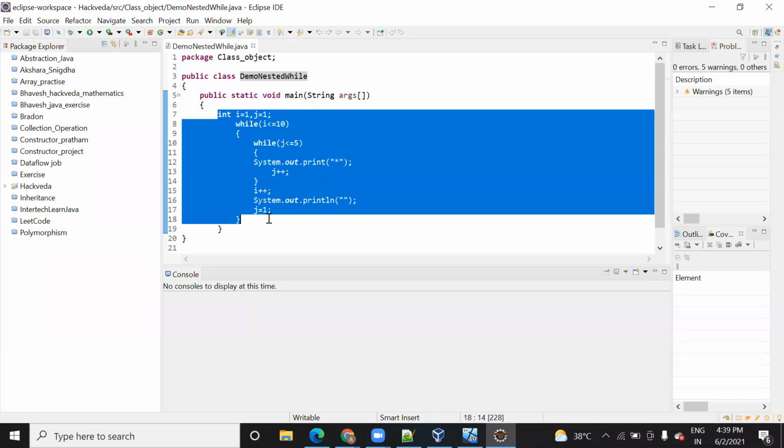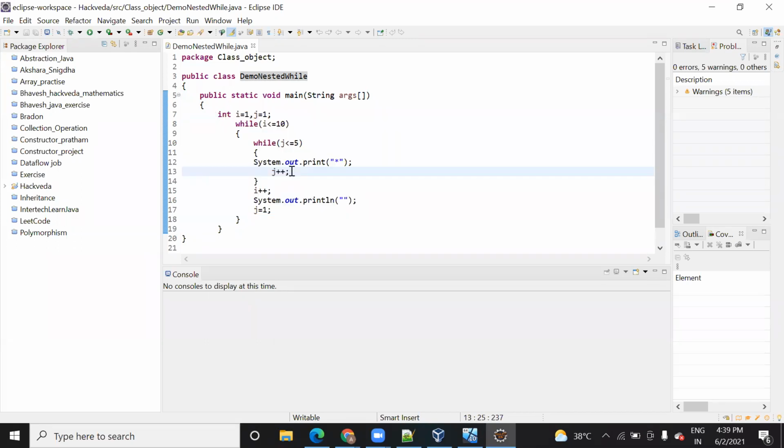Okay, so inside this main method you have this public static void main String argument with square brackets. What do you mean by this, and what is meant by public? Public means that this method is publicly available. It can be accessed from anywhere. Public, just like public transport, can be accessed by anyone, right? There is no restriction on that.